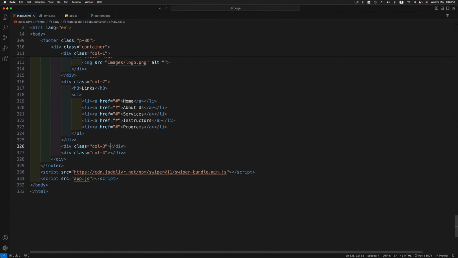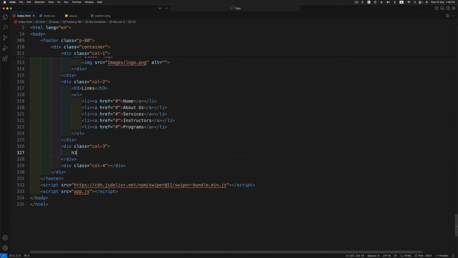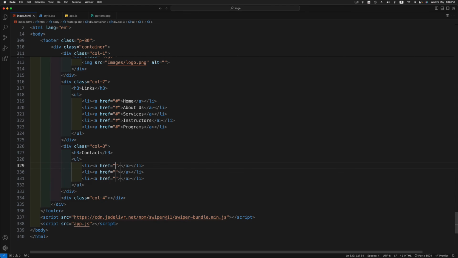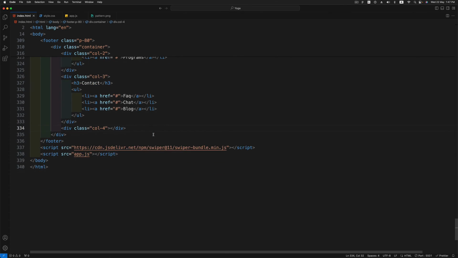So in the column 3 I'm going to create an h3 tag. I'll write contact, then I'm going to create a ul which will have 3 LIs. In here I'll write FAQ, chat, and blog. And finally in the column 4